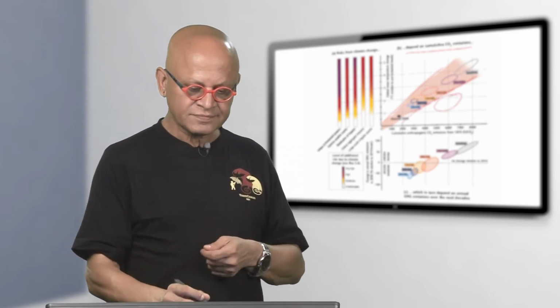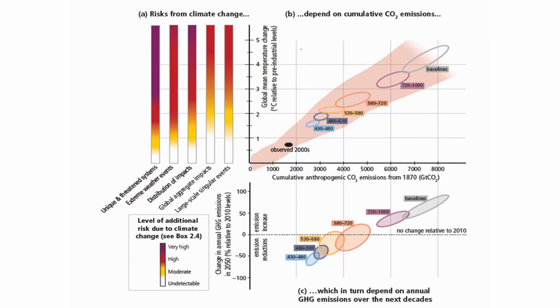Putting it in another way, risks from climate change depend on cumulative CO2 emissions. So, every year you can measure the CO2 concentration, but there is an accumulation because CO2 has such a long residence time, and that cumulative CO2 emission obviously depends on the annual greenhouse gas emissions over the next decade. So, the baseline is the high emission scenario where we don't do much to reduce. So, we don't do any mitigation or adaptation, and these are the ranges of CO2s,